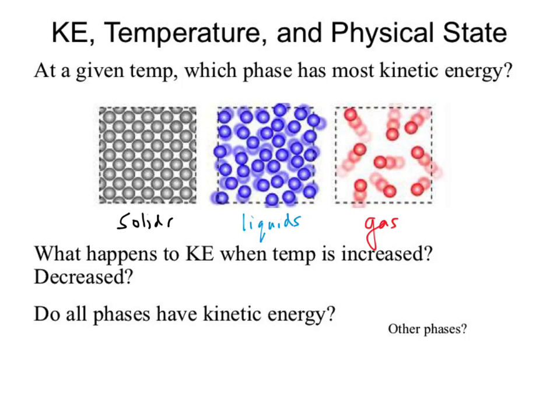What's happening to temperature? As I go from a solid to a liquid, what do I have to do? I have to heat it up. As I heat it up, what happens? Heat causes the molecules to move more, which means I transition from a solid to a liquid. What happens as I continue to heat? I transition from a liquid to a gas, which means the particles move even more. So what is the relationship between kinetic energy and temperature? What happens when you increase temperature? You increase kinetic energy. They're directly related.